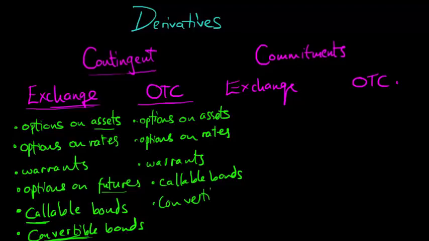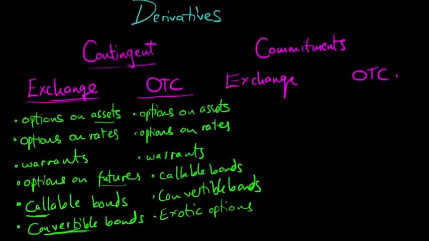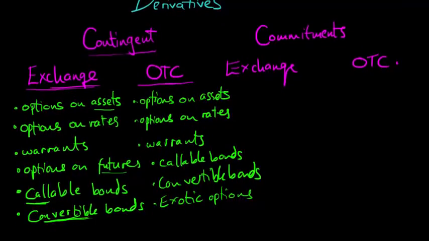So we'll go straight to callable bonds, convertible bonds, and exotic options. This might be some kind of complex instrument that's created by a bank to meet the exact needs of a corporate in order to offlay an existing risk that they have, for example. And then we've got asset-backed securities. A good example of this would be mortgages. These would probably be traded directly with the bank and not over an exchange in many cases.